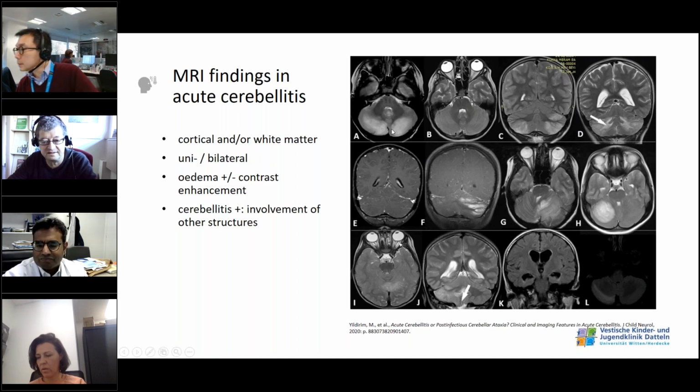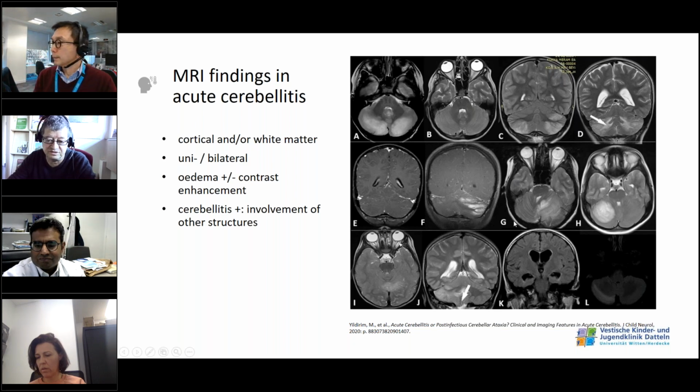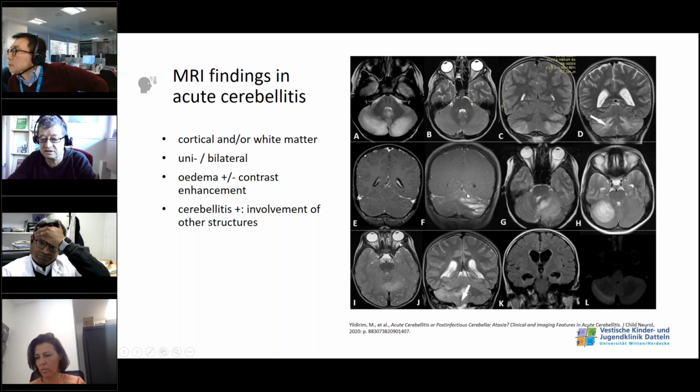You can see that all these children were diagnosed after all with acute cerebellitis, but the clinical presentation, especially on the MRI, can be quite variable, with bilateral, more white matter, or cortical involvement unilaterally. That seems to be more like a tumor, so very variable